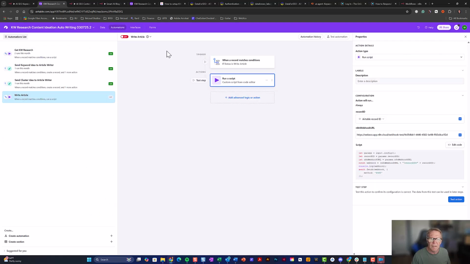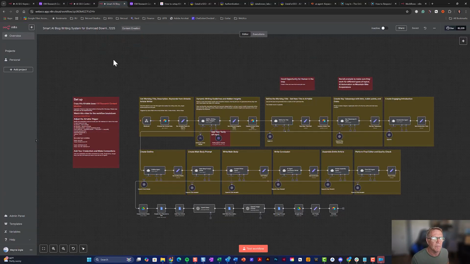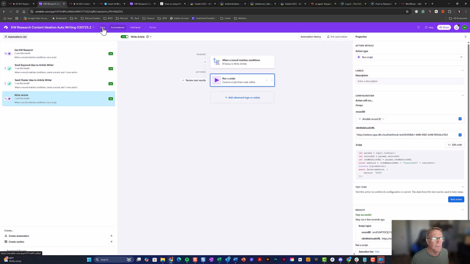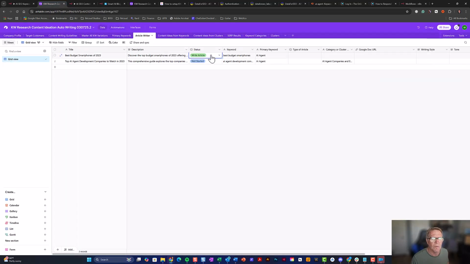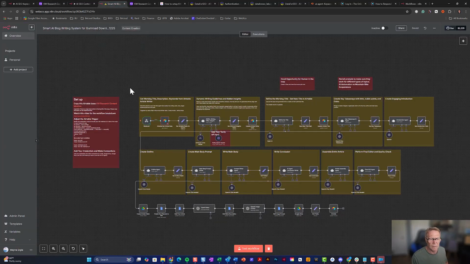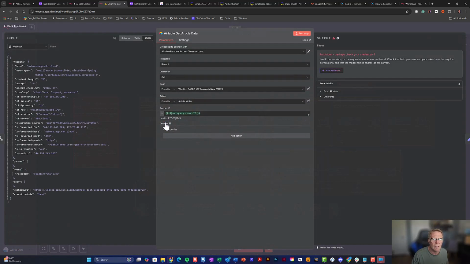Finish editing. We're going to turn it on. Okay, so let's go ahead and test that, make sure it works. I'm in the article writer. I need to say click test workflow, come back here to my table. It already says that, so I got to go back to here. I'm going to change it to write article, and hopefully that triggers the workflow. Yes, there it goes. It broke already because I did not change the